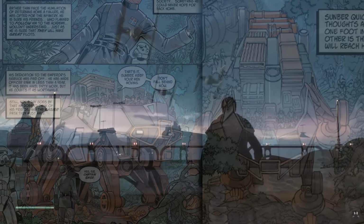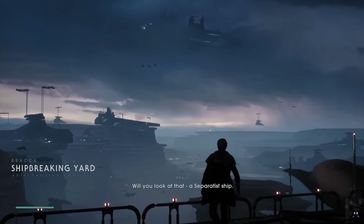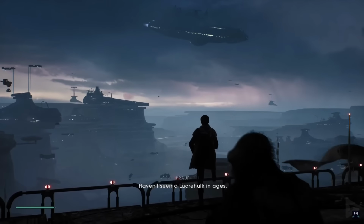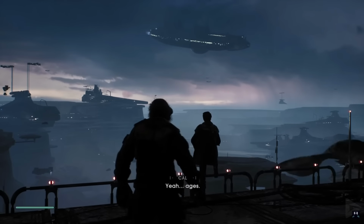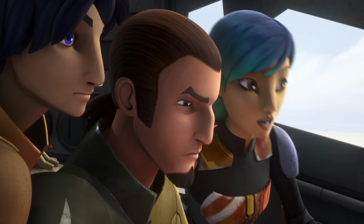Over the following months, these engineering marvels were being scrapped, along with all the other remnants of the Clone Wars on the junk world Braca, sharing a mass grave with their enemy, as everything from Venators to Lucrehulks ended up here. 15 years later, by 4 BBY, Ahsoka wanted the Spectres to reach out to old allies hiding out